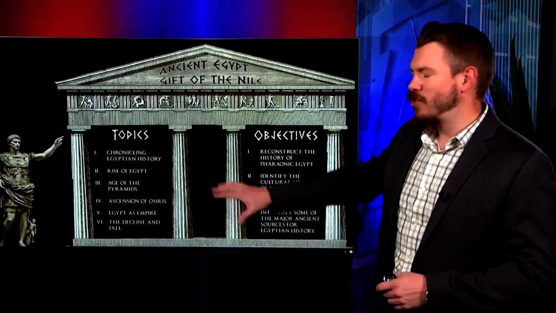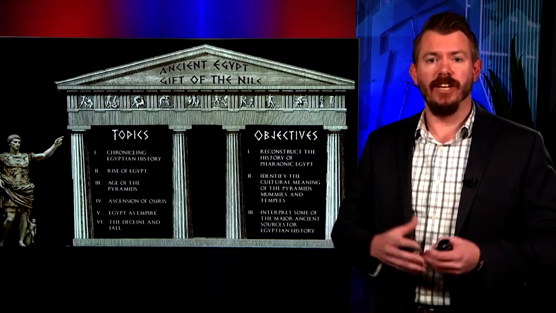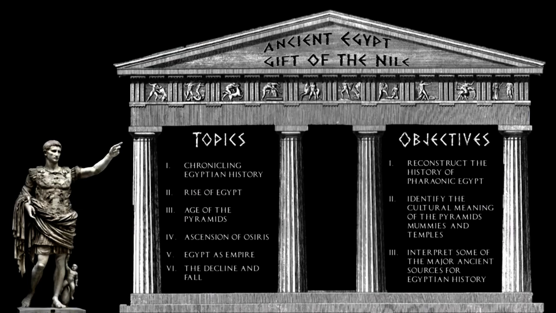In today's lecture, we're going to start by talking a little about how we actually understand the chronology of ancient Egyptian history. And then we're going to go through the main periods of that history. So we'll start with the rise of ancient Egypt, seeing how it came from two separate centers of power all the way to a unified state and eventually an empire. Then we'll go into the age of the pyramids, what we call the Old Kingdom. From there, we'll talk about the rise of Osiris in the Middle Kingdom, and then eventually finish off with Egypt as an empire under the New Kingdom.